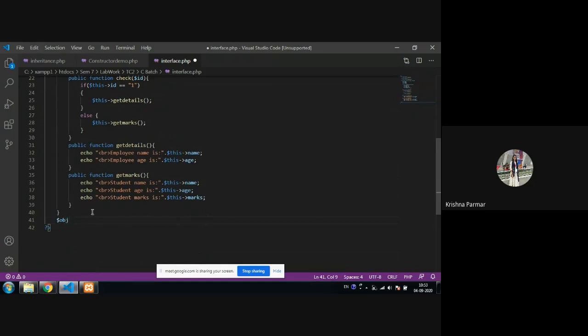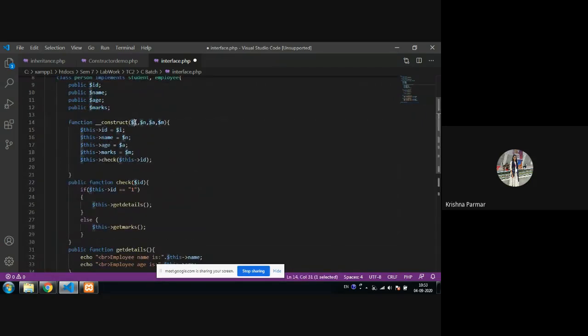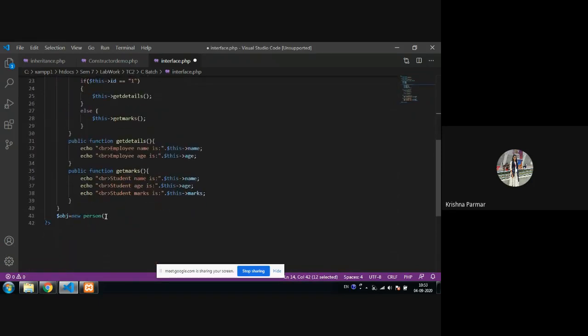So only one class is there, so we have to create an object of the person class, and we have to pass the parameters. So how many parameters do we have to pass? According to your constructor, you have to pass 4 parameters. One is your id. So here I'm providing id as 1. Then the name, so here I'm providing the name, that is Krishna Parmar. Then I'm providing the age, and at last the